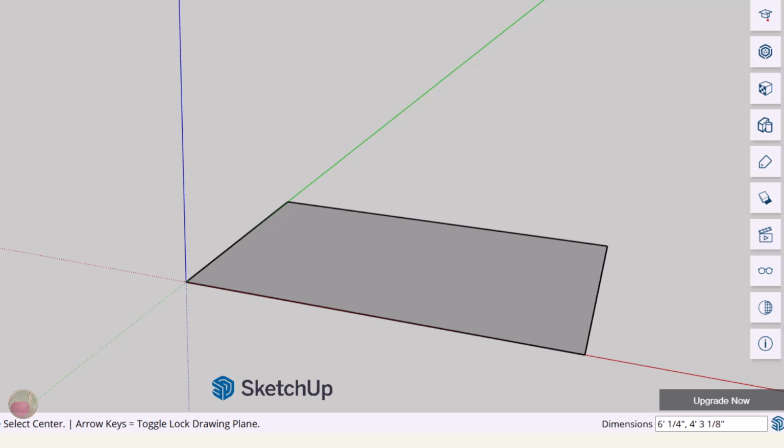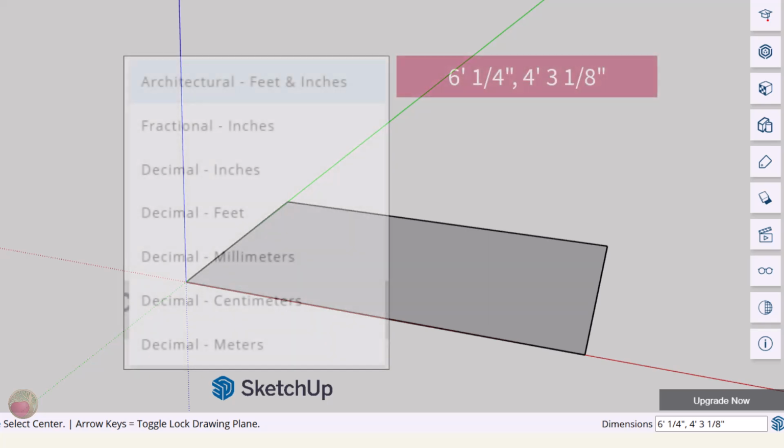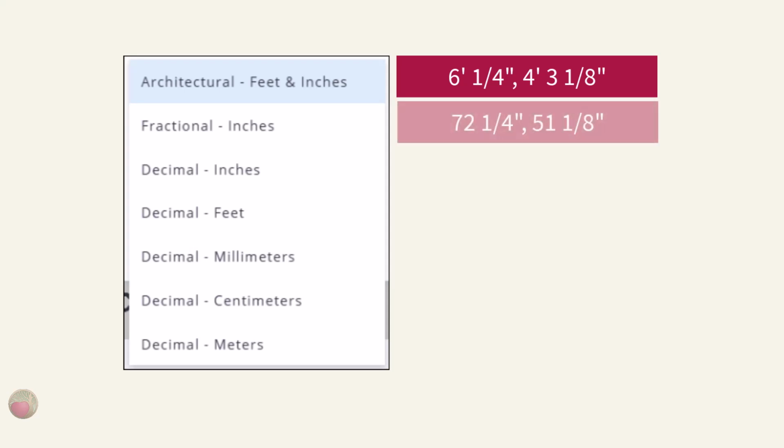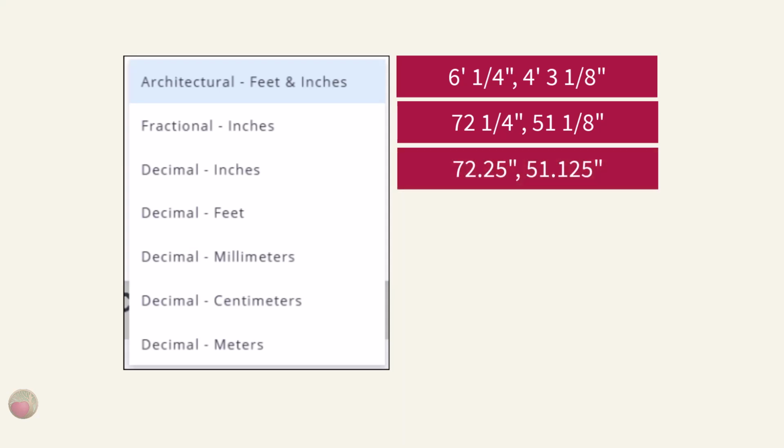And the dimensions are in XY, so that'll be the red axis and then the green axis. And this is how you would write it. That same dimension, if you use fractional inches, is going to be 72 1/4 inches, comma, and then 51 1/8 inches. If you use decimal inches, it will be